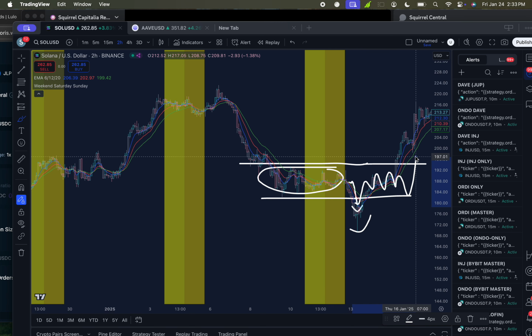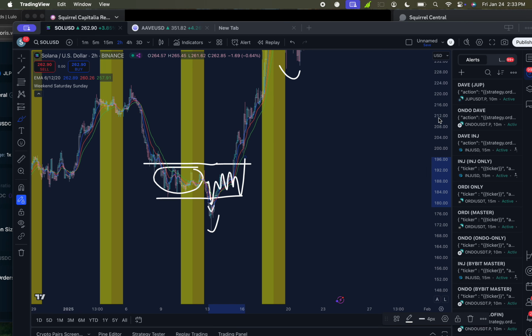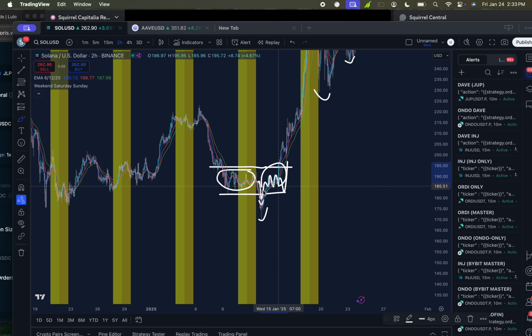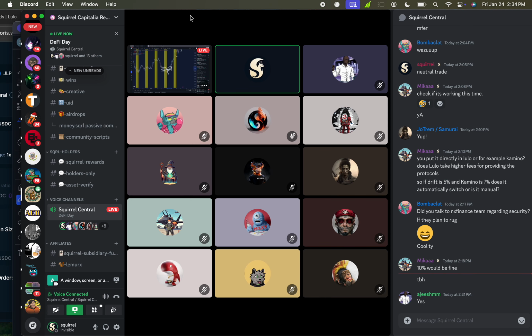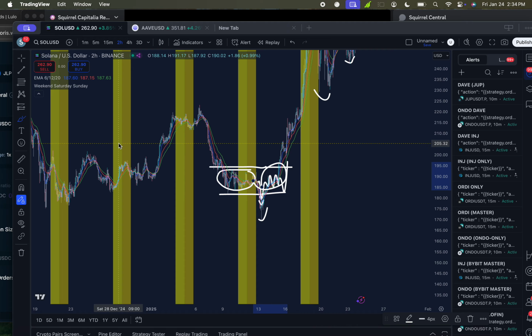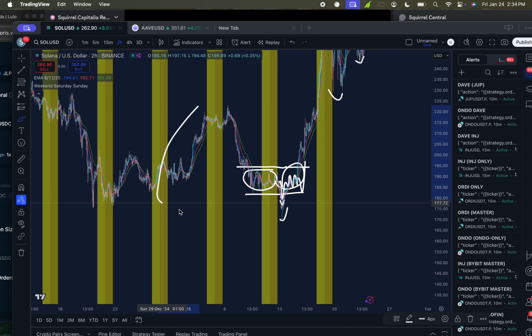You make money here, and then it stops working once you get above there. But the amount of time that you spent in here was so much greater than the time that you spent inside and outside that you are very, very likely to make a lot of money. Now, again, the obvious limiting factor here is that if you have a ton of volatility like this, your pool